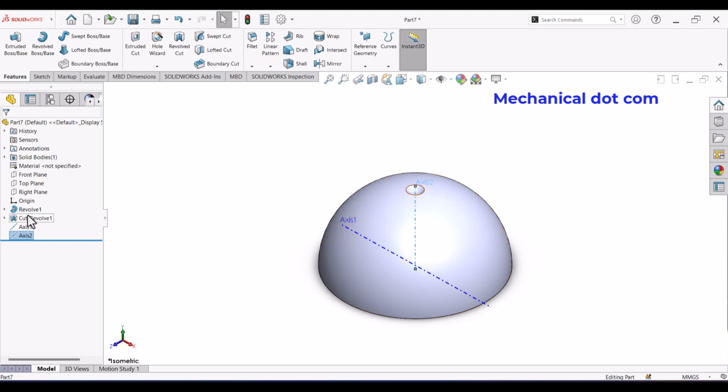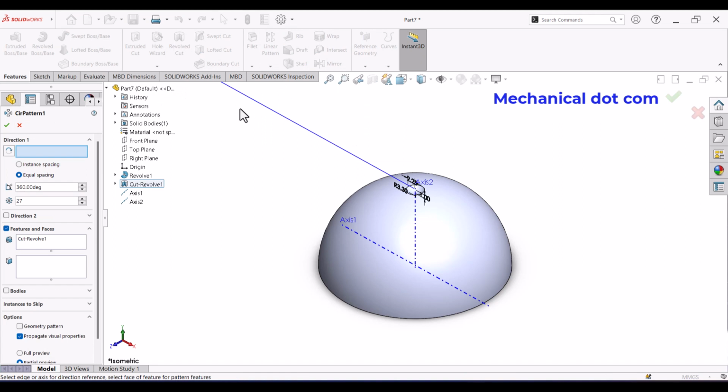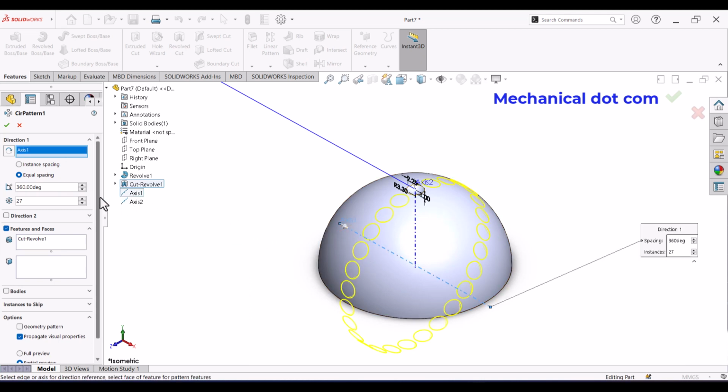So go to cut revolve and go to circular pattern, and in axis go to axis 1, select the horizontal axis, and the angle is 15 degree, and we want two such patterns, and now click OK.